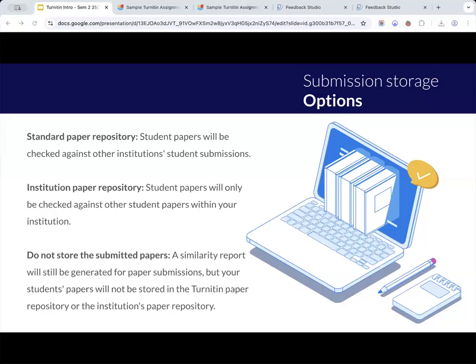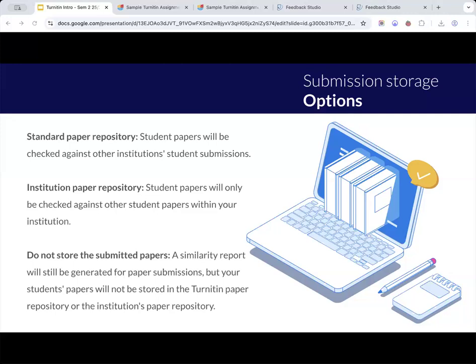All that really means is, I suppose, it's kind of between the first option and the second option. The second option just means that Turnitin and MTU will be able to check any submissions against any other MTU submissions, but other universities won't be able to. So essentially, if the second option is selected, it just means that MTU student work will not be shared outside